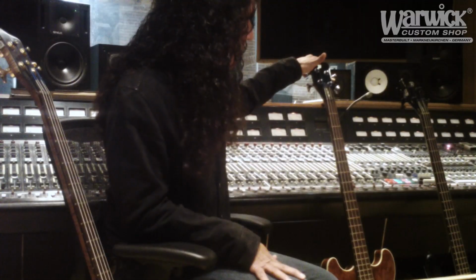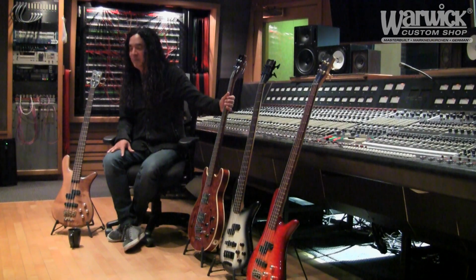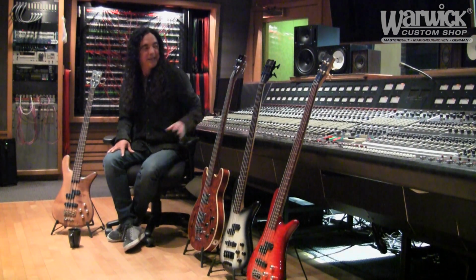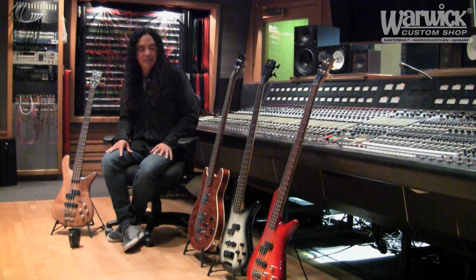I'm really loving these Star Bass IIs that they made, and we've actually been using these in some of the videos lately. They're just a really good quality instrument. But I find that less pedals are better for me as a bass player, anyway. And then the guitar players get in there and they always overthink,